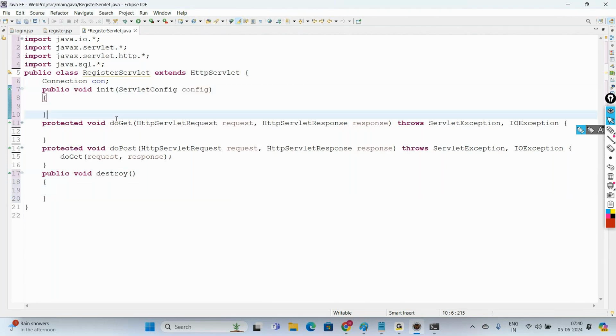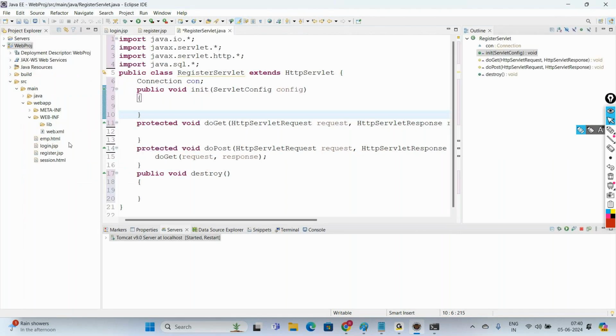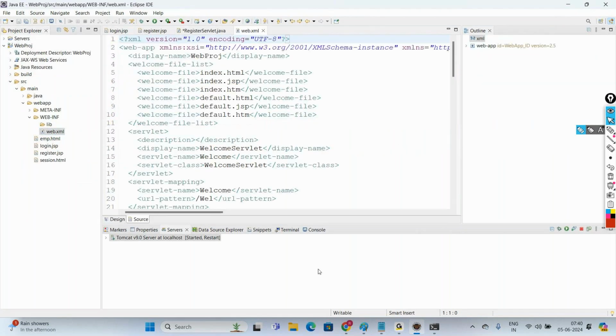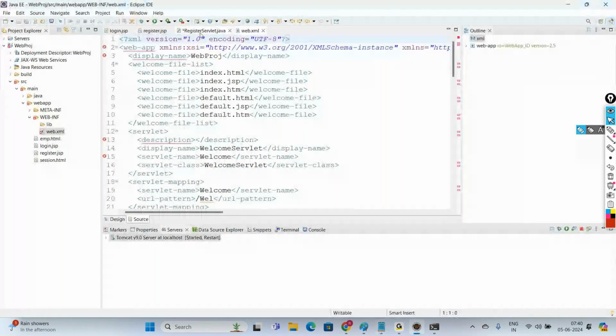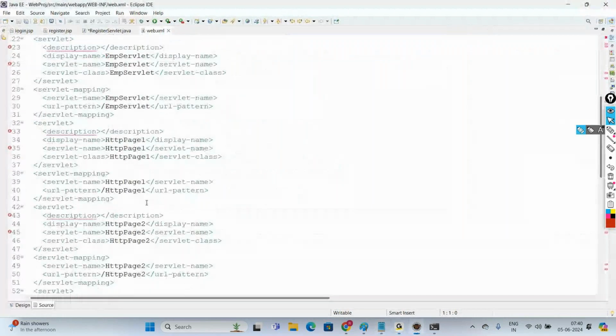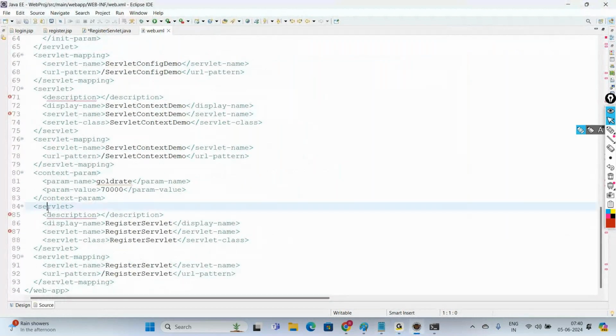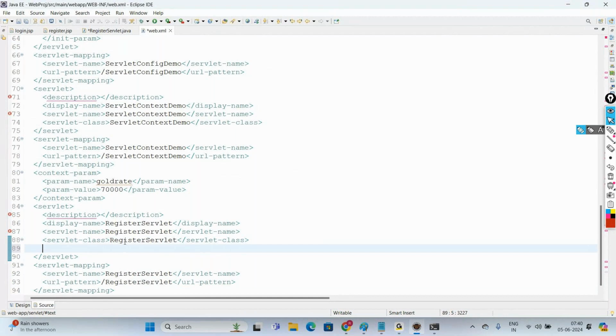So here we can even create database connections in web.xml file. So you go to web.xml file and you can do the database connections. Wherever we have created register servlet, to this register servlet, I want to pass database connection properties. How to pass here? In between servlet tag, wherever you see register servlet, how to pass initial parameters? Init param,